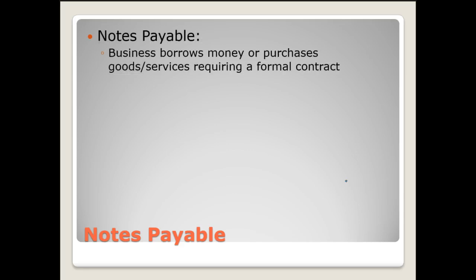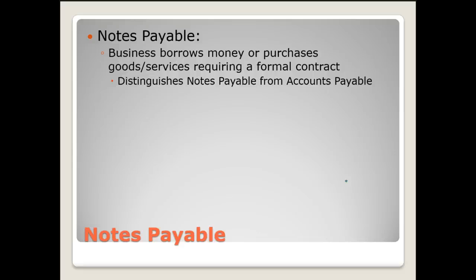Another form of current liabilities are notes payable. These occur when a business borrows money or purchases goods or services requiring a more formal contract. Now, borrowing money may be from a bank. If it's a notes payable, we assume it's usually short term, so it would be a bank loan for under a year. Or it could be that a company needed to take more than 30 or 60 days to pay